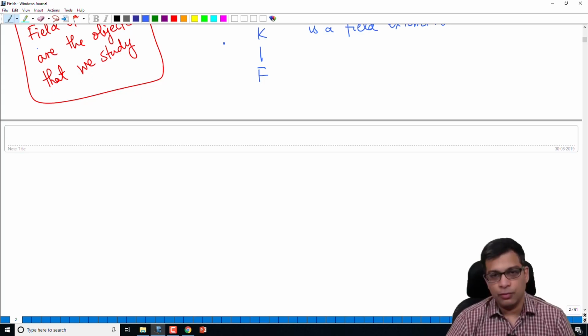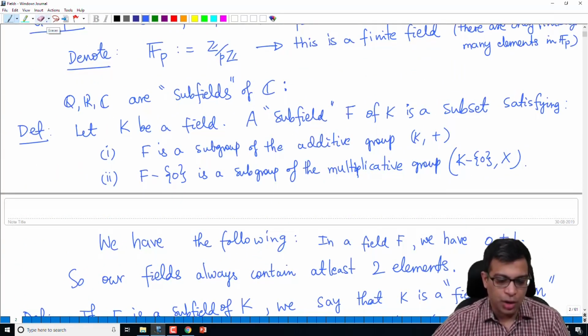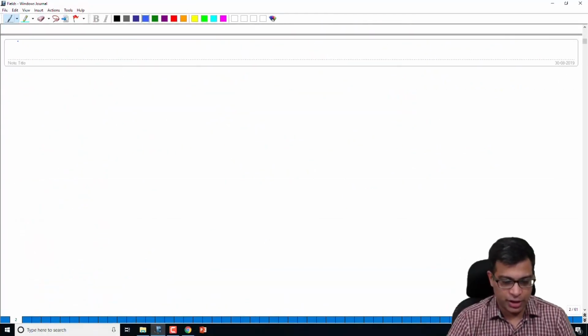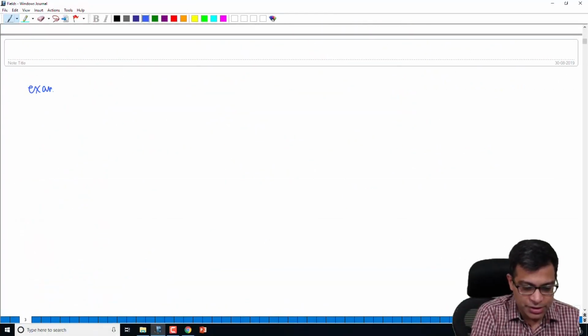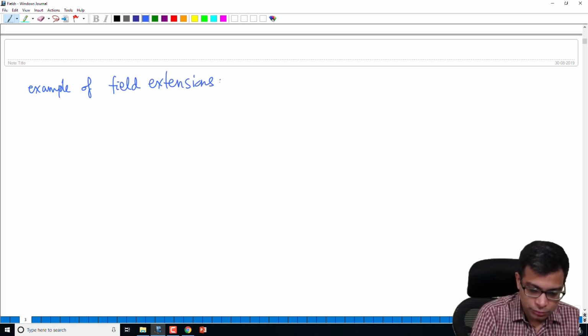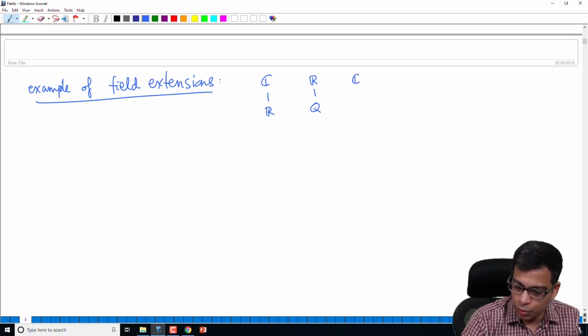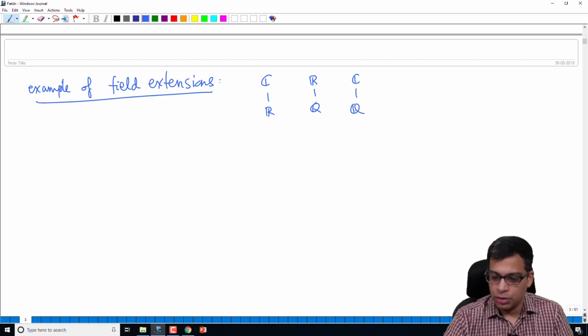So now what I said earlier was that Q, R and C are subfields of C. Of course they are. So examples of field extensions: so of course we have C over R, R over Q, and C over Q, and